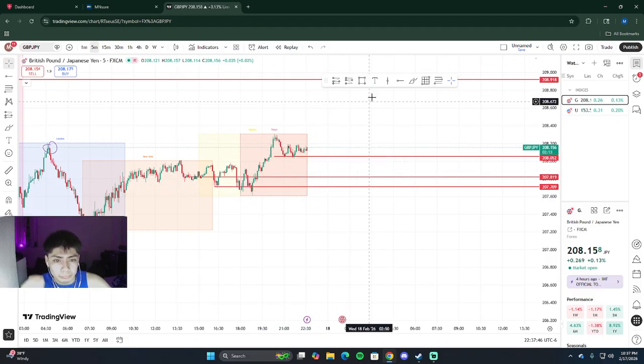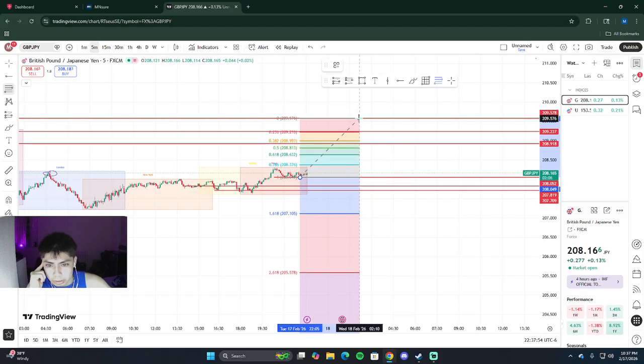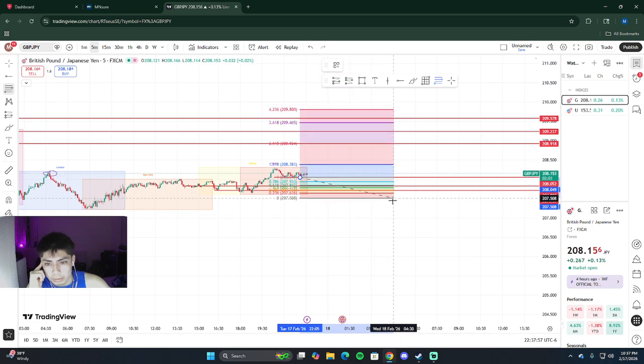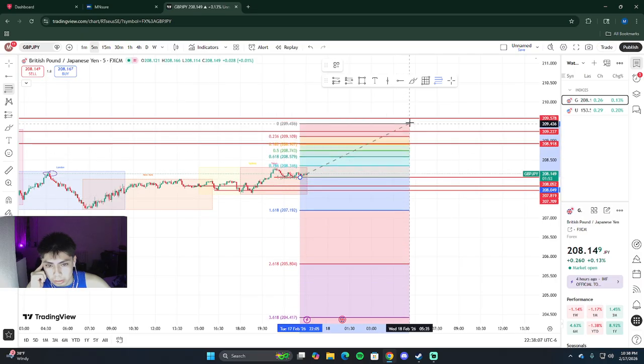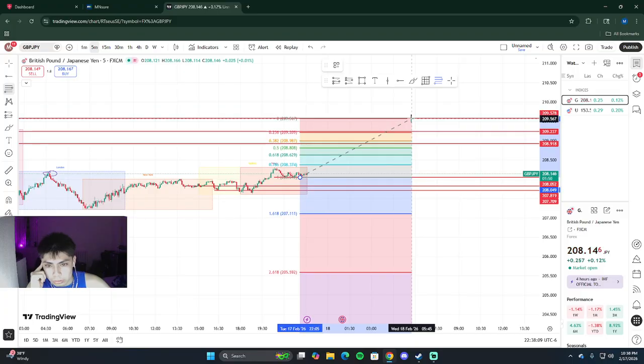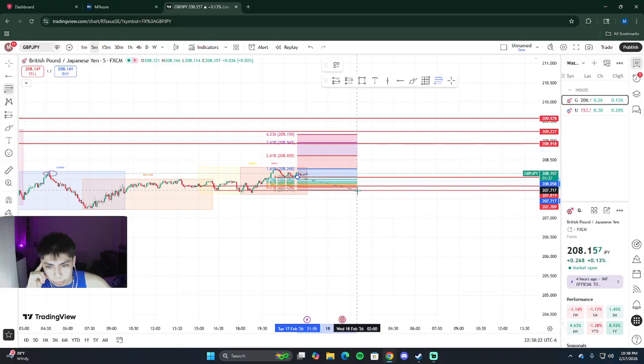So if I were to do Fibonacci, come here, here, go up to here. That's if we want a 1.7. We don't want a 1.7. This is if you're being safe, I'd like to say. I really want to know how Fibonacci works. That's one of the things that I really want to work on.